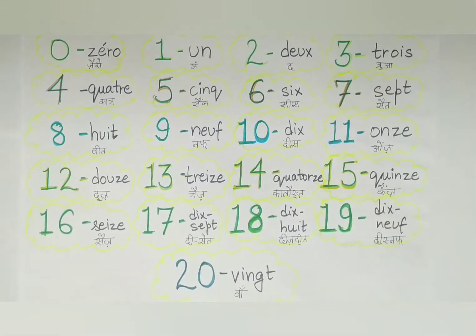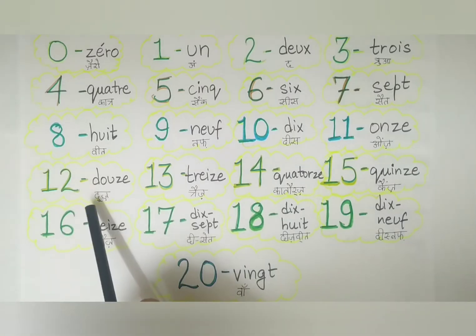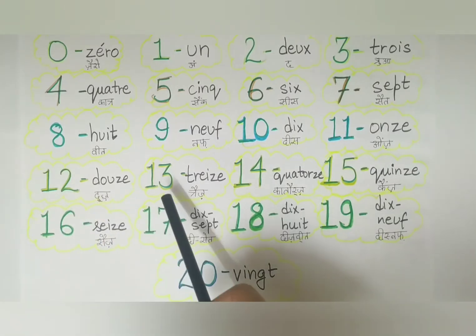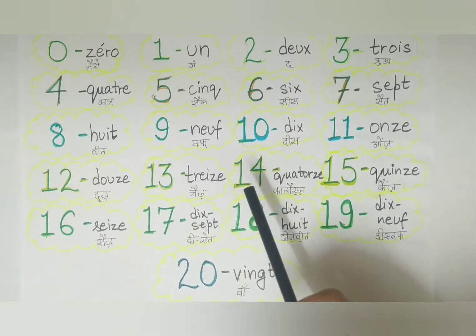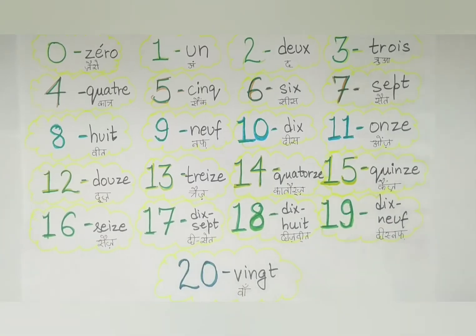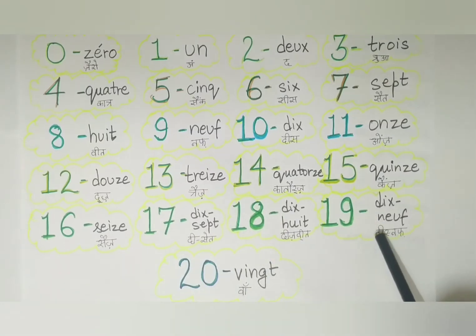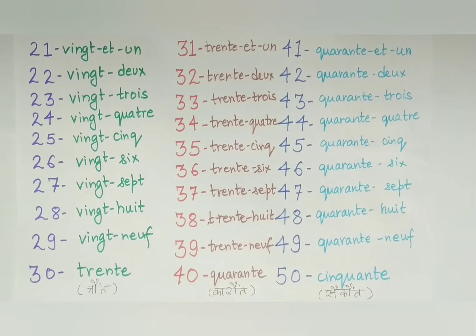dix. After this we have 11, which is onze, douze, treize, quatorze, quinze, seize, dix-sept, dix-huit, dix-neuf et vingt. In French, if you know the numbers 0 to 20, it will be a very easy task for you to learn the next numbers,